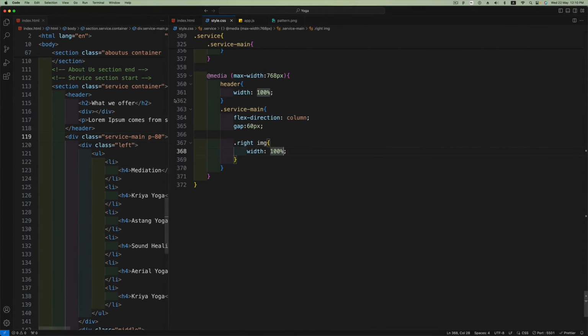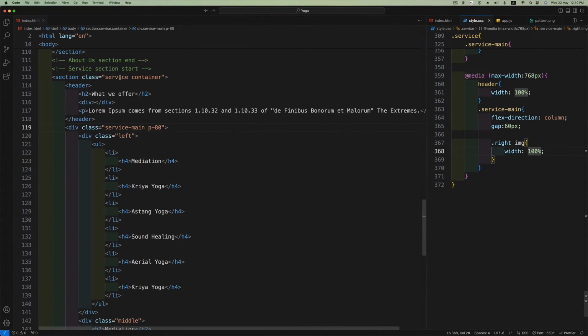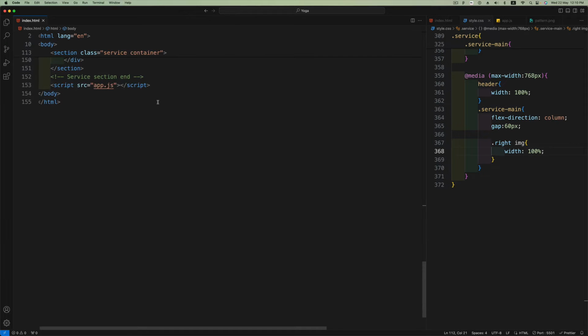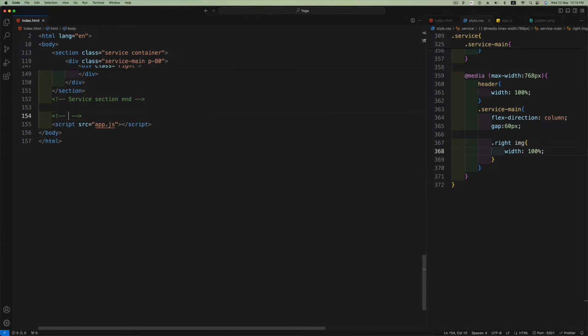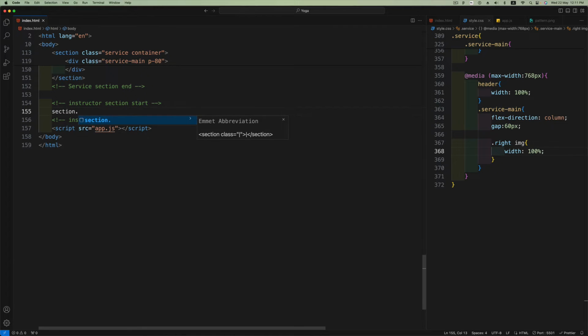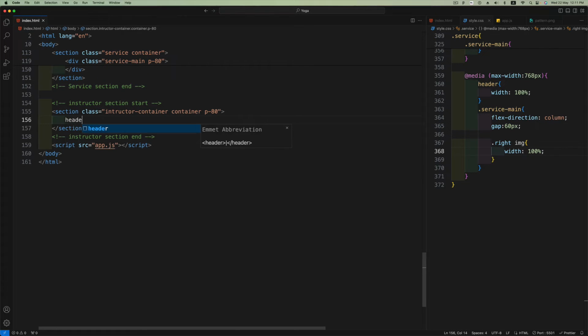So back in the index.html file, and after this service section, I'm going to create a comment, instructor section start and end. Now here I'm going to create a section with the class instructor container, and also I'm going to give it a utility class container, and also that p80 class. Now here we'll have the header,